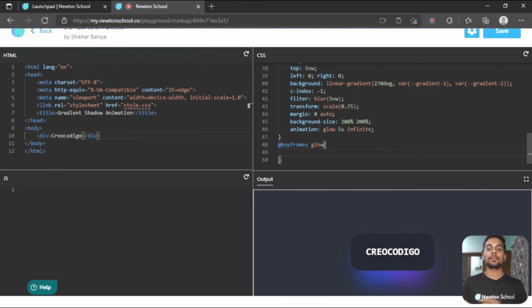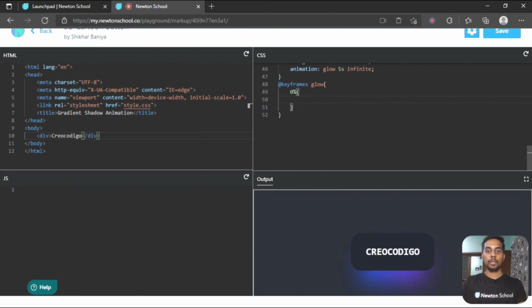Inside these keyframes, you are telling the animation what to do at this point, at this point, and at this point. Let's say at 0% I want it to do something, at 50% something, and lastly at 100% something. These are the points that you created on the animation.